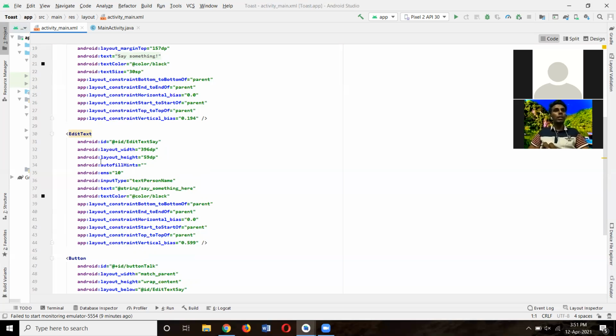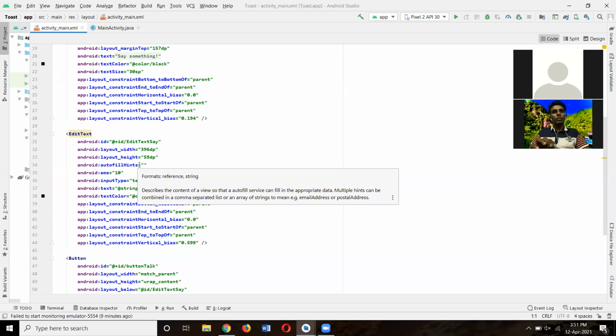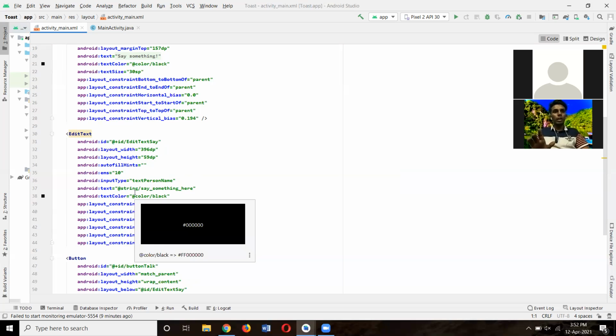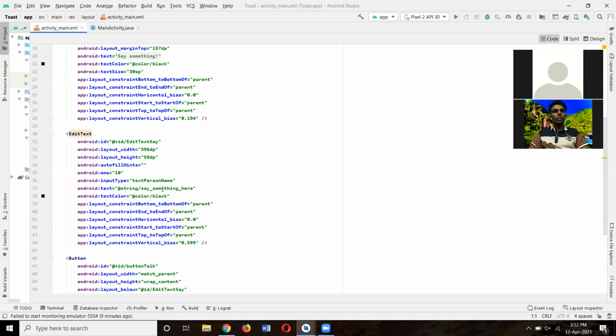96 dp. Layout height is 59 dp. Autofill hints is just blank. Ems is 10. Input type is text person name. The text is string "Say something here." The color is color black.